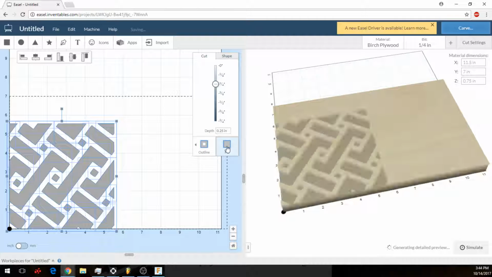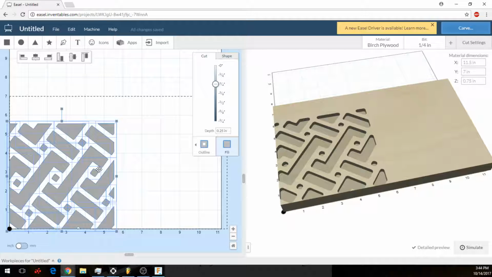In my case, I want to do a fill. I just want to cut out anywhere that it has the picture on it. All right, and so